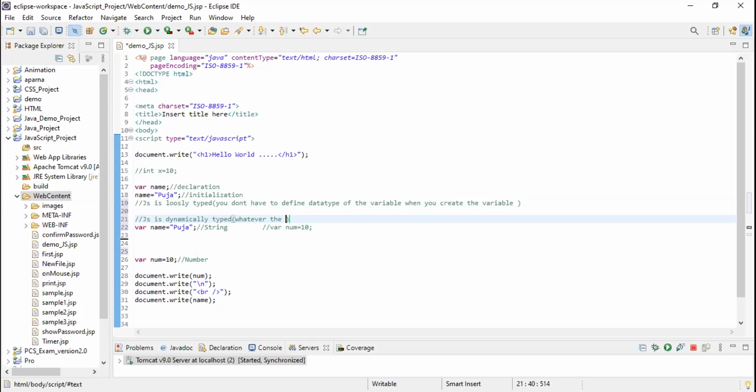But in JS, we don't use these data types like int, string, char, float. So when we declare and initialize any JavaScript variable, then we always use the var keyword. We don't use any data type. So when we pass any value, automatically the data type will change. So if I pass a string value, yeah, same. Yes, so the var keyword contains all the data types, right? Yeah, yeah. Okay. Now I get it.